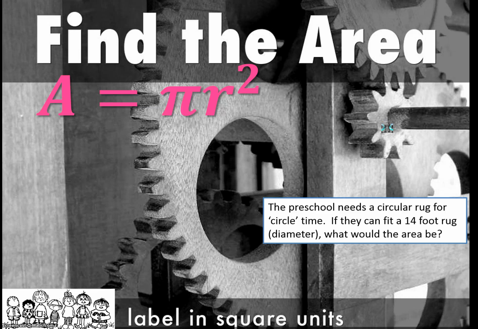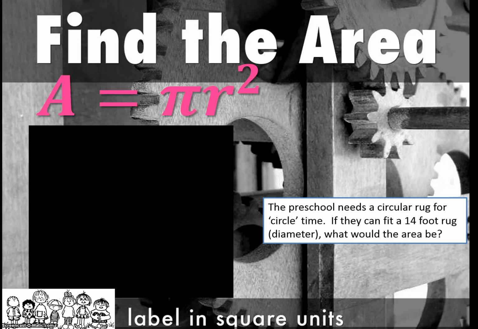So now we're also going to have to find the area. Cool wheel in the background. So we're going to pretend that the preschool needs a circular rug for their circle time. They can fit a 14-foot rug in diameter. We want to know the area. The area is the stuff on the inside, so we have to fill it up. So anytime you write a big A, you're going to label it in units squared. So my area is my pi, 3.14,